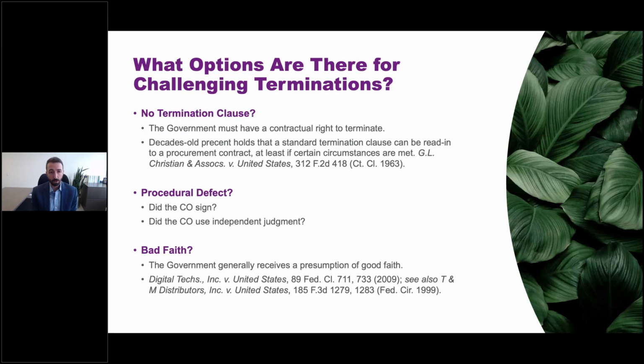If there's no termination for convenience clause in the contract, there is a doctrine that says a standard termination clause can be read in, meaning even if it's not there, you can treat it like it's there if certain circumstances are met. Those circumstances are, I'm going to summarize here, there's a lot of doctrine here that I'm just going to try to bring down to a basic point. The circumstances are essentially, is there an applicable regulation, say in the FAR, that would have required it? Like, in other words, did the government miss it on accident? If the government had been thinking about it, the FAR would have directed them to put it in.